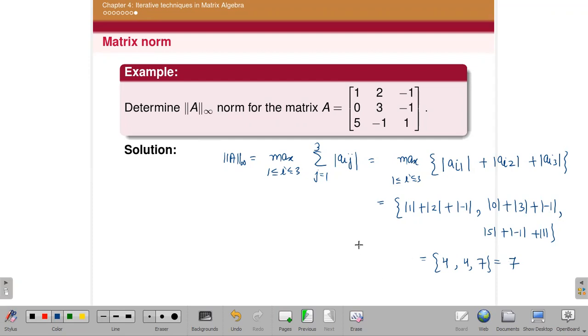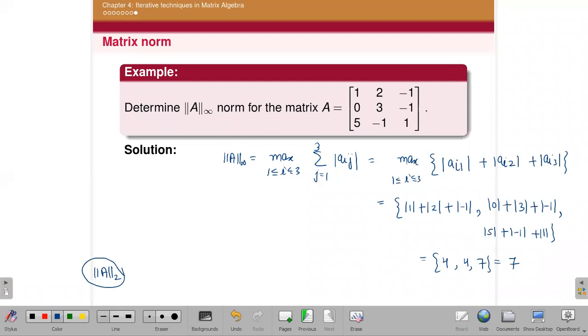So in the next lecture, we will discuss the L2 norm also. Means what is the L2 norm? Actually, to define the L2 norm, we have to define another term also, that is eigenvalues and eigenvectors. You have studied eigenvalues and eigenvectors already? Yes, ma'am. So then we can easily define it.